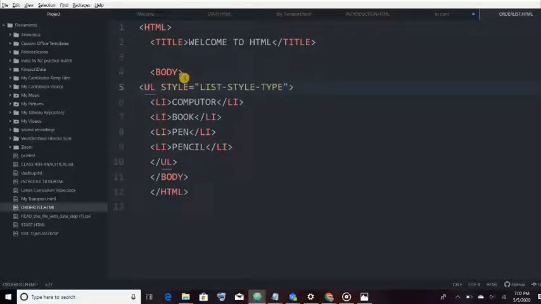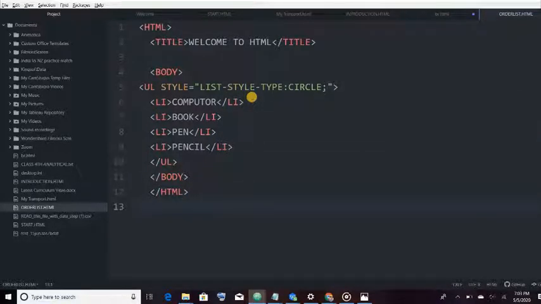Okay, and here it is colon, and we will mention the type which we want to insert, like if you want to insert circle, then circle. If you want to insert disk, then disk. So I have inserted circle, and here a semicolon at the end,